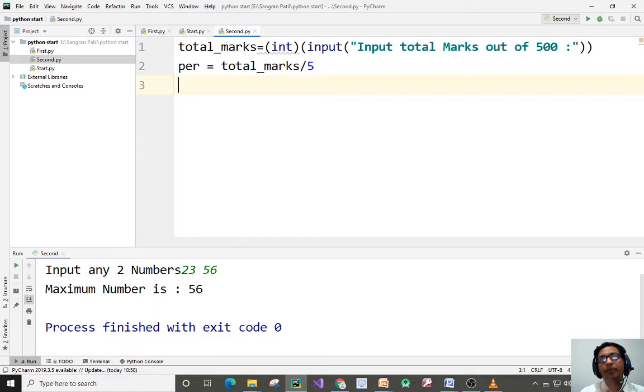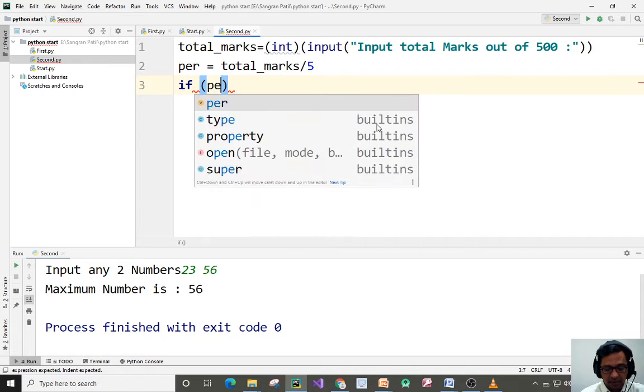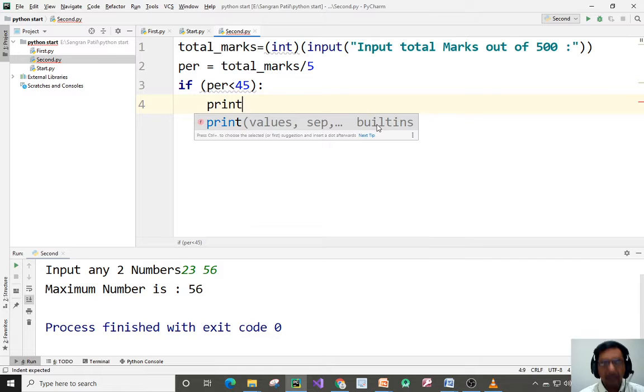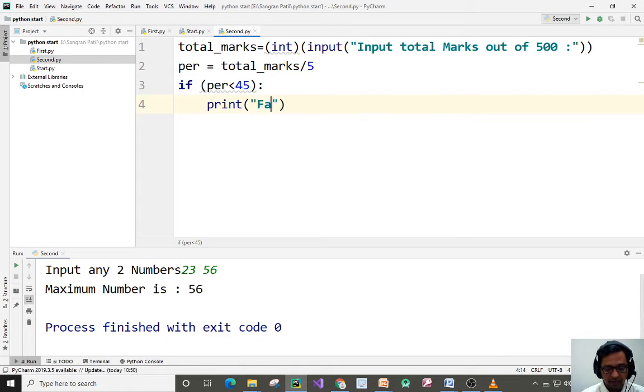Now I want to print here the class. Okay, if percentage is less than 45 colon, I want to print it as fail, the student is fail.